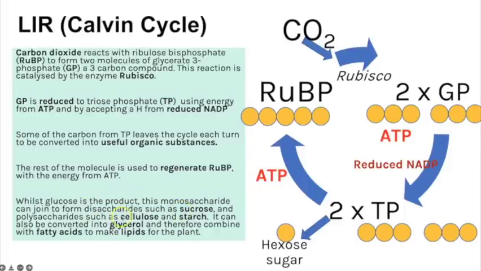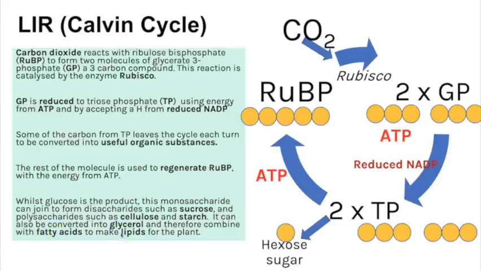So that could be another carbohydrate, so cellulose for the cell walls. It could be a store of glucose in the form of starch, or it could convert the hexose sugar into glycerol and then combine with fatty acids to make lipids, or it could combine it with nitrates to form the